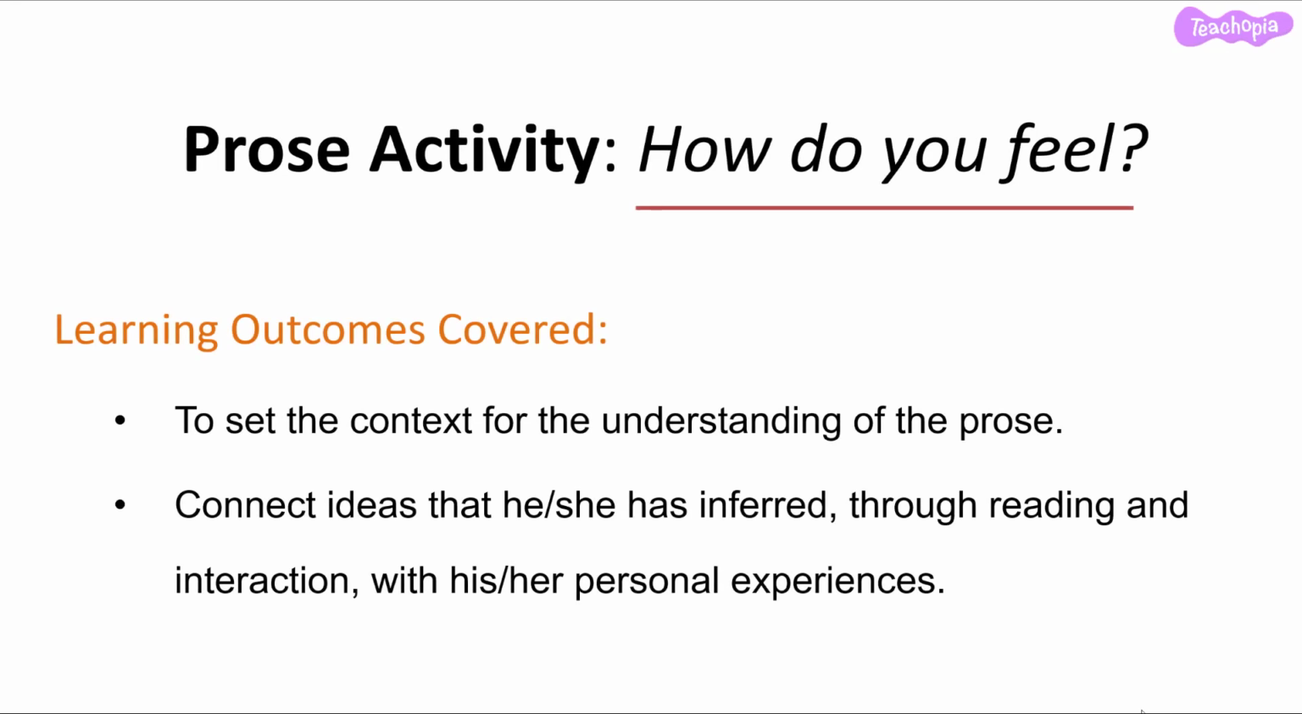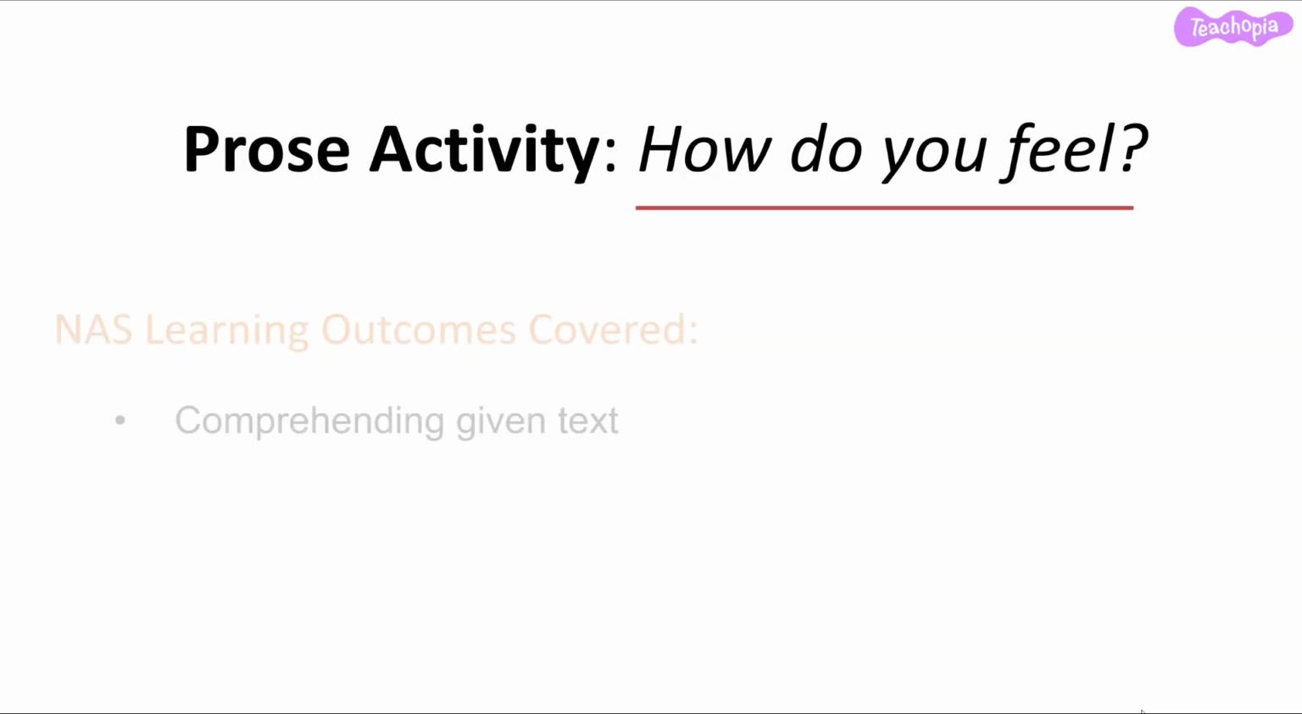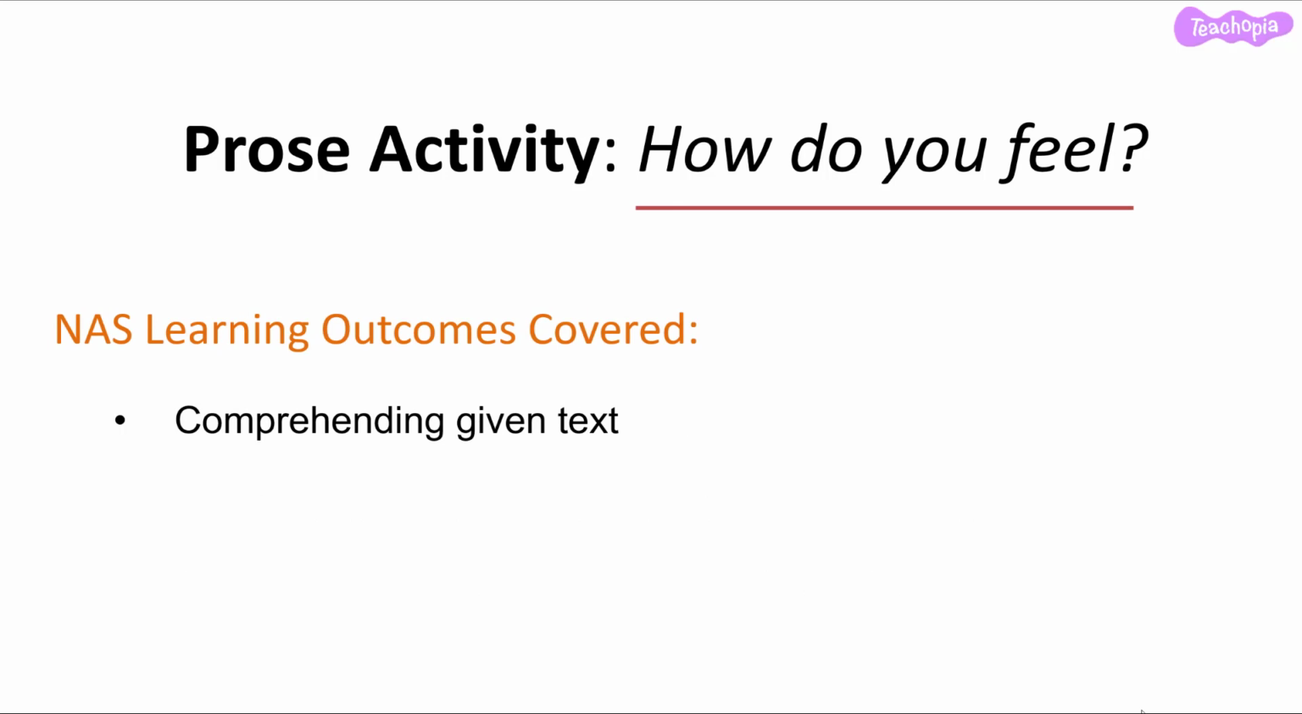This activity is called How Do You Feel? The learning outcomes from the curriculum covered are to set the context for the understanding of the prose, connect ideas that he or she has inferred through reading and interaction with his or her personal experiences. In addition to these learning outcomes, the learning outcomes from National Assessment Survey that are being covered here is comprehending